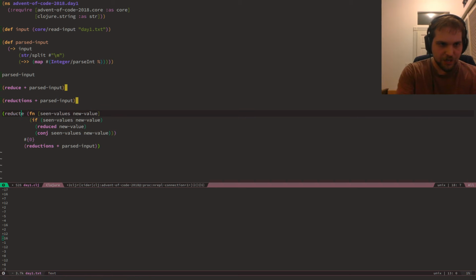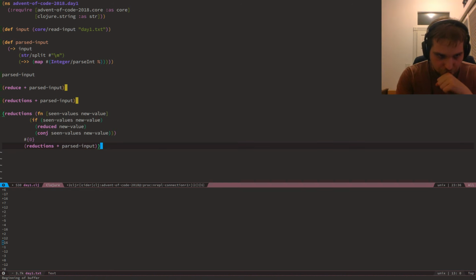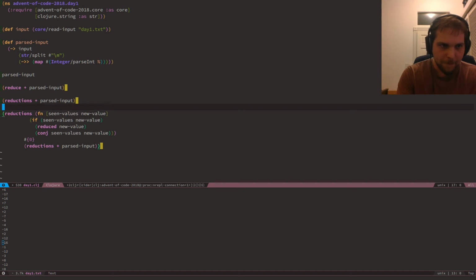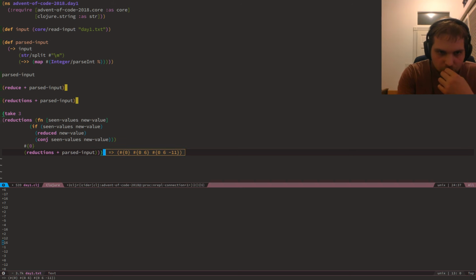Just to vet my understanding of what this is doing, let's make that a reduction as well. Let's see what we're getting spit out. Oh, it's huge. Take 3? So that looks right. That looks like what we would expect to see. It's just incrementing and adding one thing at a time.